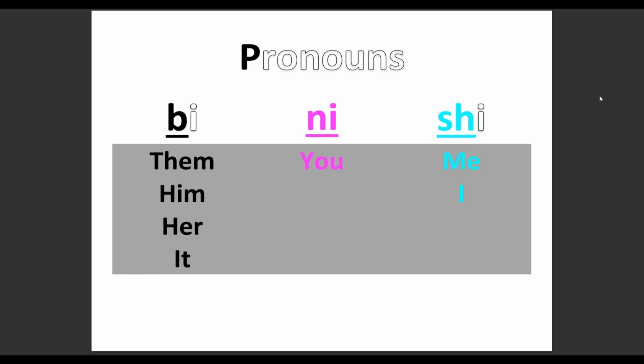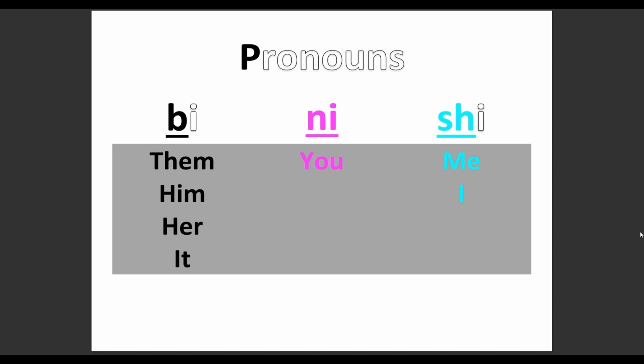I'm going to explain Navajo grammar as best as possible without getting too complicated. Navajo uses personal pronouns, which are usually object pronouns. So, bi is the ultimate third person pronoun. It refers to them, him, her, and it. So, focus on the letter B, but I'll explain that later if I get a chance when it comes to